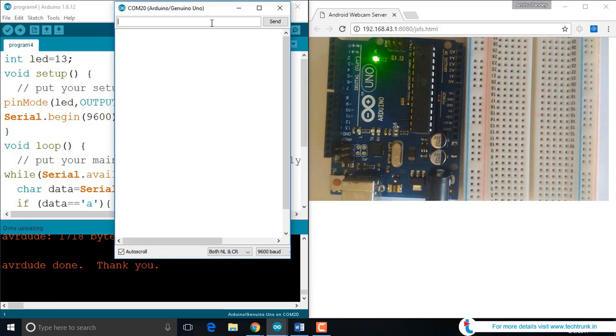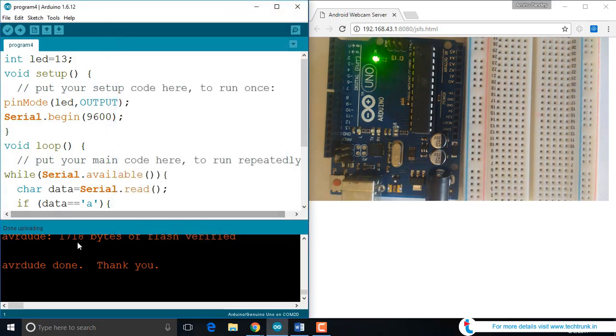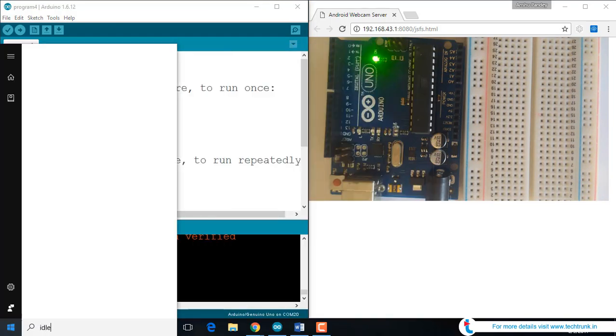Again, if we send A, the LED should go on. So this is how we are able to control the LED from the serial monitor interface of Arduino. Now the same part we'll be doing with Python. So let's open Python,